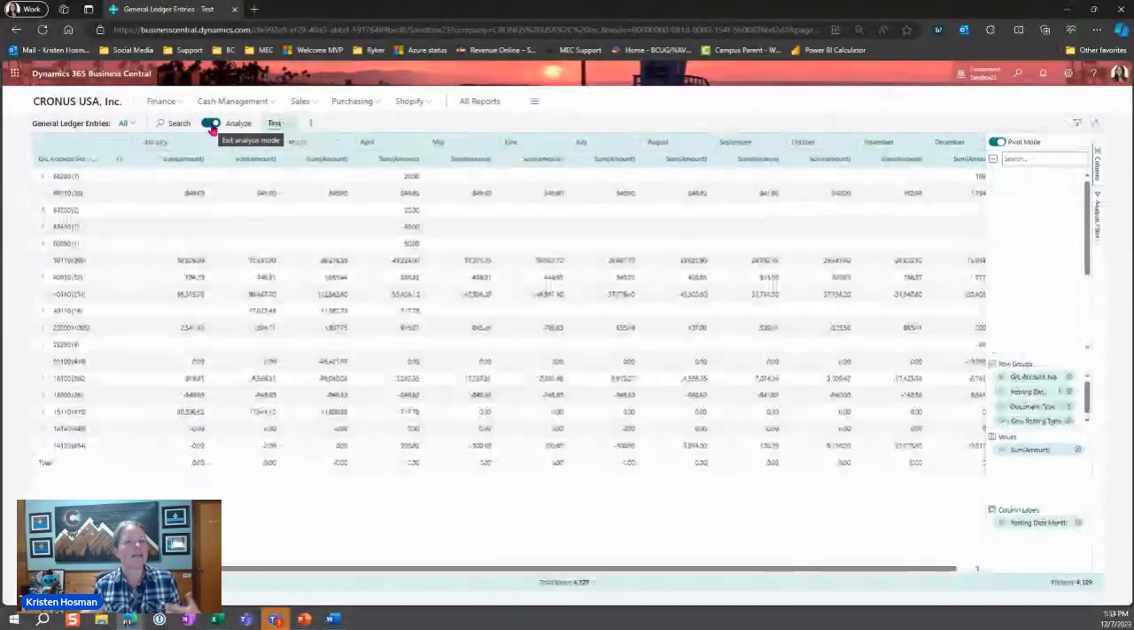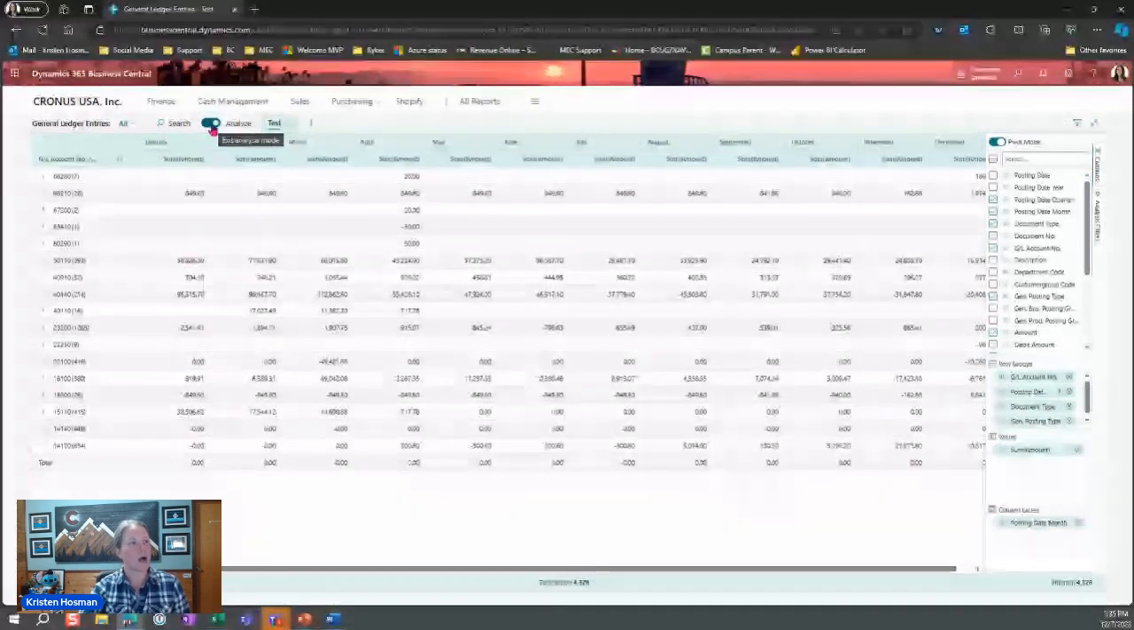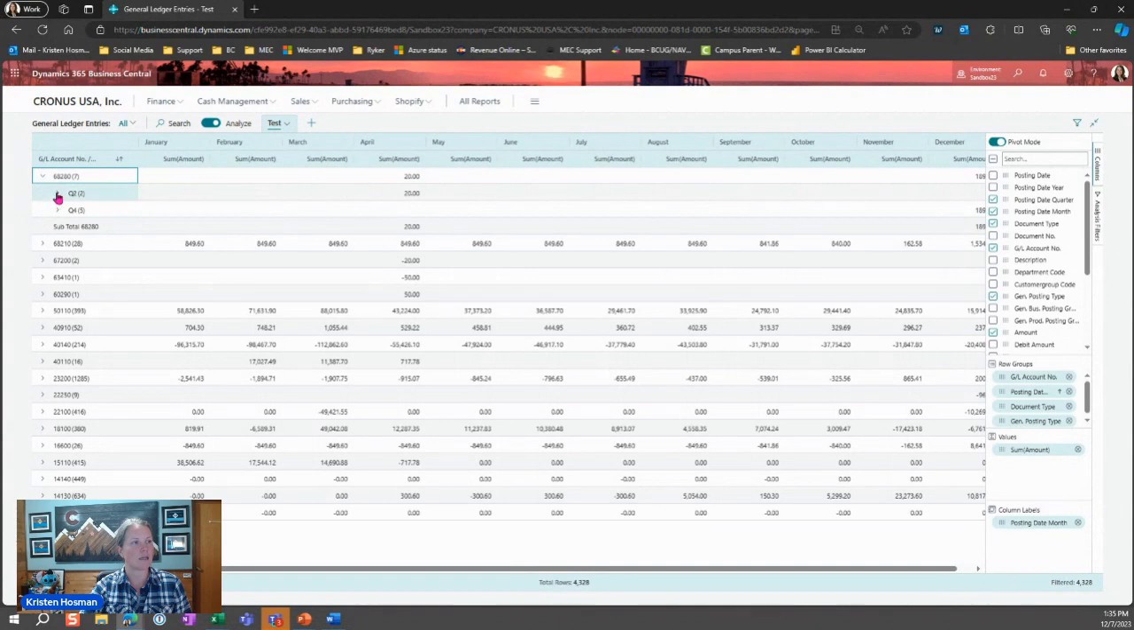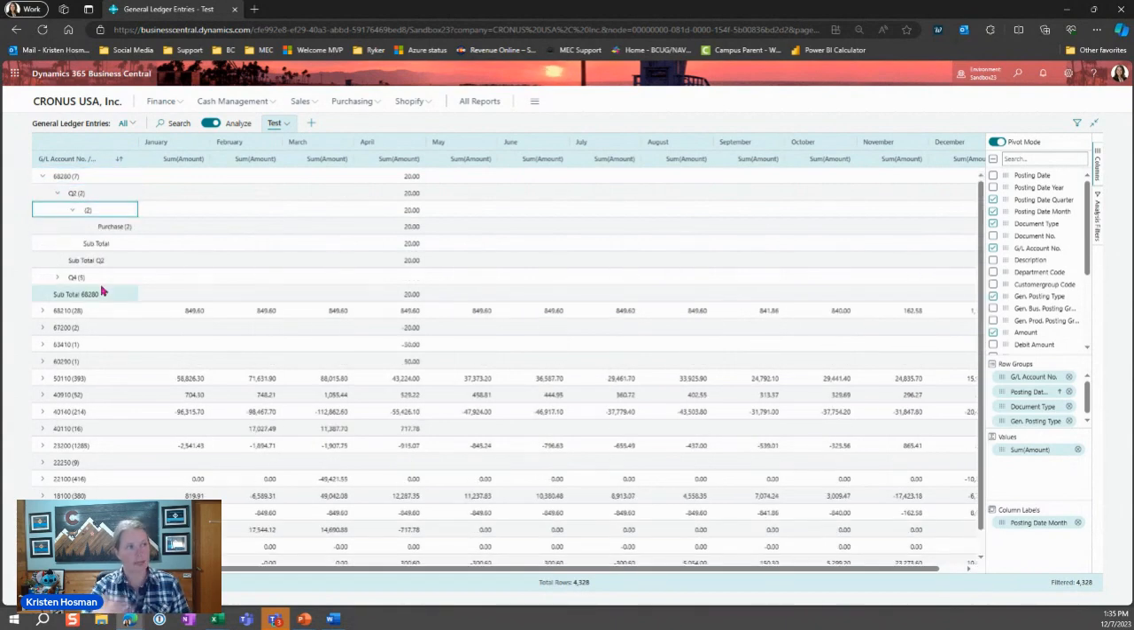Okay. Now I do have one report mocked up. This report that I've mocked up is showing me net changes per month by each GL account. All right. And then I can click on the caret to expand it. And I can click on that caret to go Q2 and I can start drilling in, right? So this